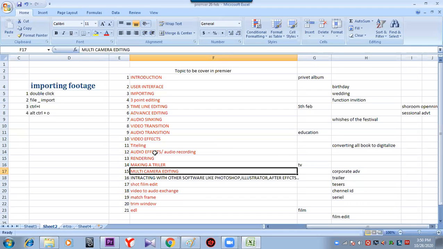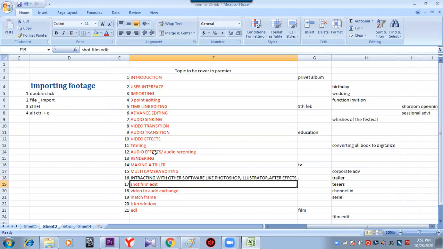Then yes, Premiere has to be connected with different software like Photoshop, Illustrator, After Effects: compositing, editing, designing, layouting. All the things could be connected. So we can take the input from various sources to make our presentation better. Is it okay? It's not a making software, so it's not a designing software. We need to take the design from other software to come over here to make the final presentation. Yes, at the end, we can make a short film, or a film in a small format.